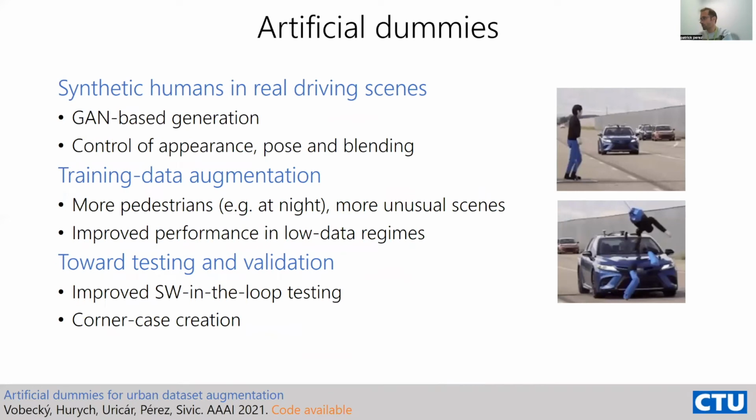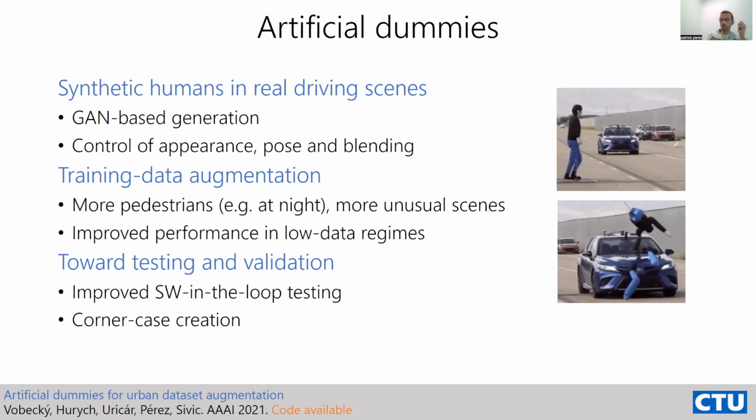Anyway, let me show you some examples for the remaining minutes. We have two examples actually. One was again in collaboration with the Czech Technical University in Prague, where the idea is, you see on the right what is usually done when testing with dummies: there are puppets on the test track to try to test, in this case, emergency braking. It didn't work very well in this case. The idea is to have synthetic pedestrians in real scenes in order to train, or actually to test, although we use that mostly for training,